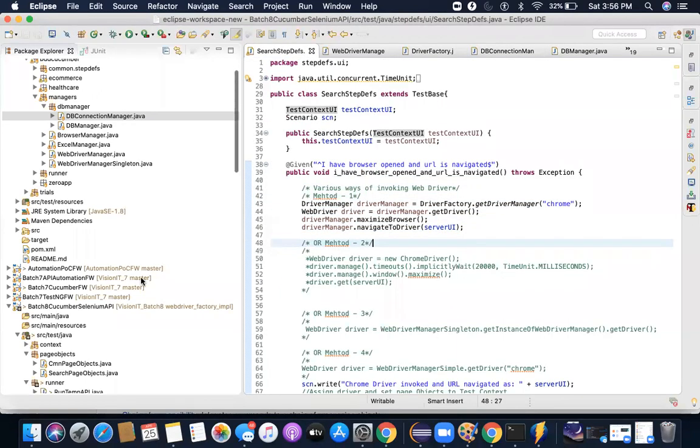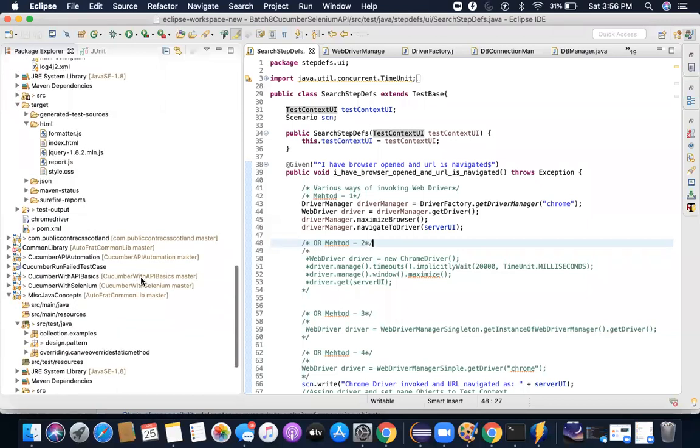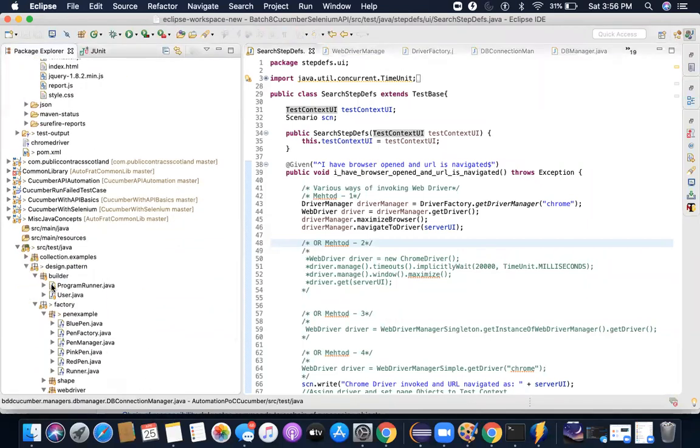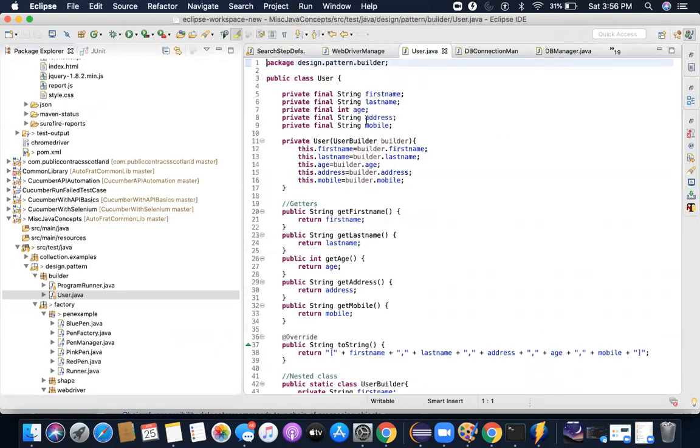Right? Let's say I want to create a user, so let me show you that perhaps. I don't know if it makes sense to you, but for the sake of argument, let's say this is a user. Now this user object, if you want to create it in your project, requires many things: first name, last name, age, address, mobile. Let's say there are 100 more. For example, in the bank project, it's retail banking. The user will have a lot of information, a lot of attributes. So name, account number, details, last password, first password, last address, 5 old addresses, lots of attributes. In such cases, if you want to create the object of that user, it's always better to create it using a builder design pattern.